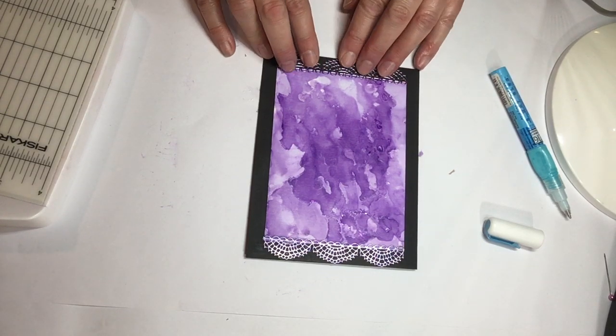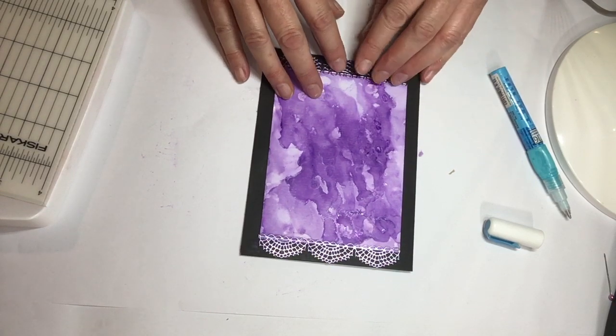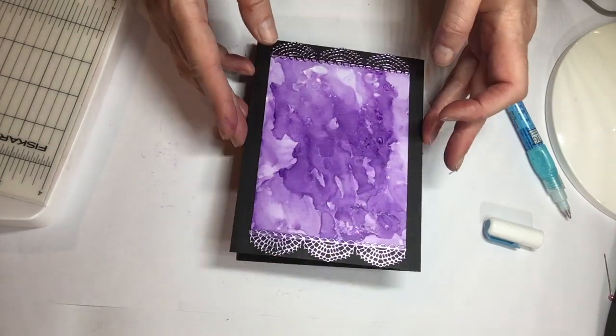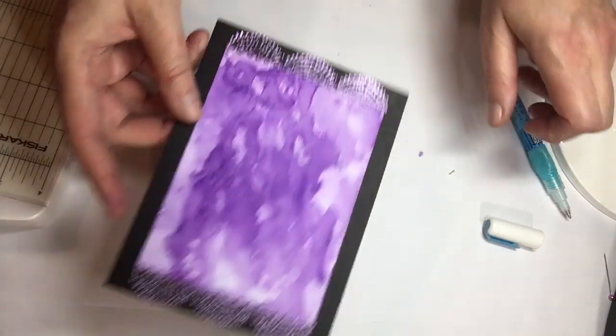And I didn't let the glue dry first. In this case, it was still a little bit wet because I realized, oh, I'm going to have to move those scallops down a bit so that they're not hanging off the edge. But they go right to the very edge, which is just fine. So we're almost at the long part of the stretch, sort of coming down